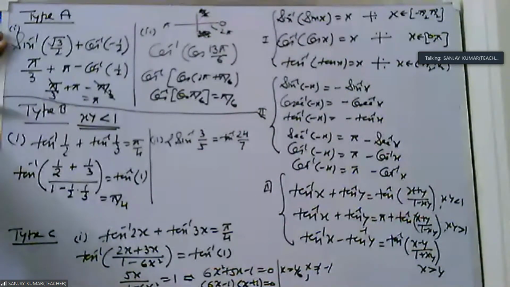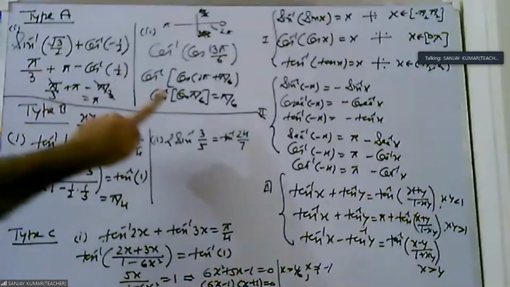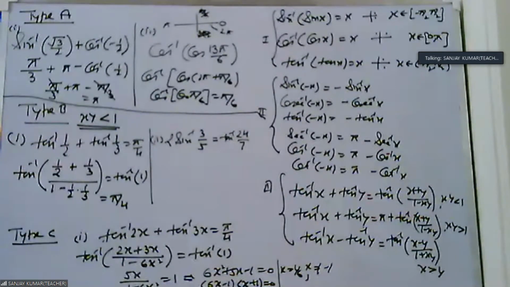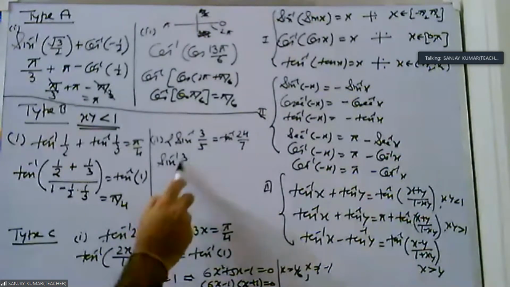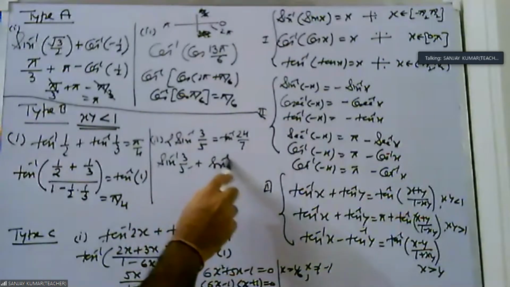We start from type A. Type A has two types of question. Then type B, we already said this is non-calculus. This is based on notes. So if you make good notes, then you will get very good marks in this. This is type A, this is type B, and in type B you have a second type of question where you have sine inverse. So there is no problem. Sine inverse can be changed as cos inverse.